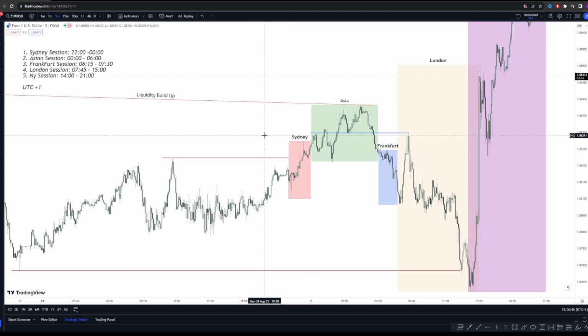Now, the purpose of the different sessions is, one, to create liquidity for the upcoming session, or two, to actually create and rate liquidity of previous sessions. And we're going to be seeing this very well in today's session. So let's start with the Sydney session, as it is the first one on the list. The Sydney session usually doesn't move too much. Its purpose is to build up liquidity more than to rate any past liquidity, although we can see in this day that we do end up clearing buy-side liquidity above this high here, which then leads into the Asian session,